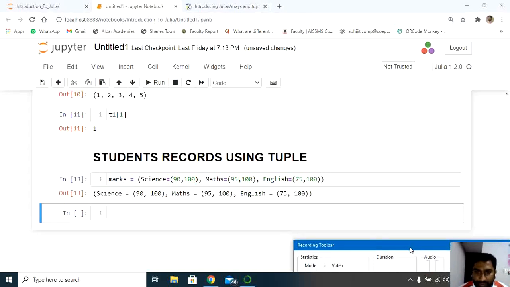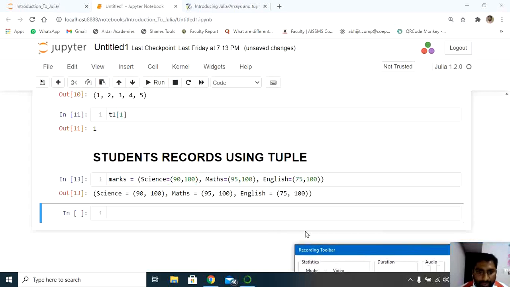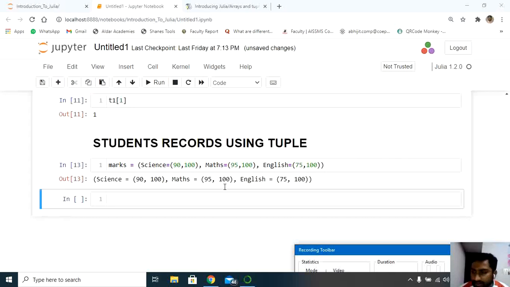Now you can see my marks are stored using tuples in the variable called marks. Here I committed one mistake. After English, just assign the equal operator here. Otherwise, in all the values you have given, just provide the equal operator, otherwise it sends an error message.